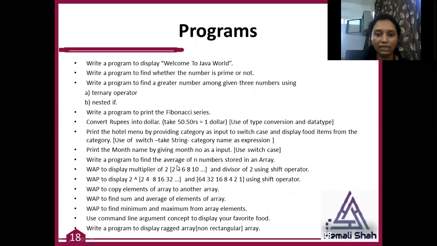Now all the basic concepts of Java are over. You have to try all these programs yourself and try to write the syntax without using any editor, so that you remember the syntax of Java. So please try all these programs yourself. This is based on operators and loops. It is not more than that. You just have to use the operators, variables, data types, and loops, the topics that I have already covered in my previous videos.